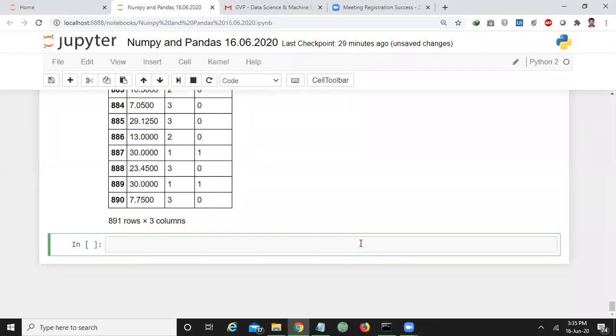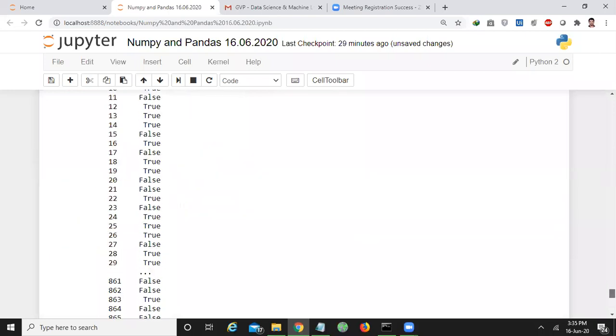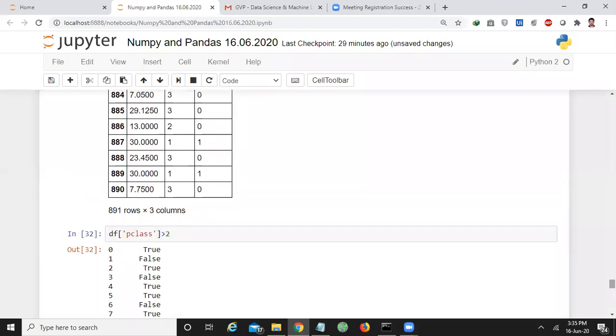For example, if you want to apply some conditions here, I want to take the passenger class and check whether the values are greater than 2 or not. So it gives only true, false, true, false. Why is it so? Let me check first. What is the passenger class of the first passenger?